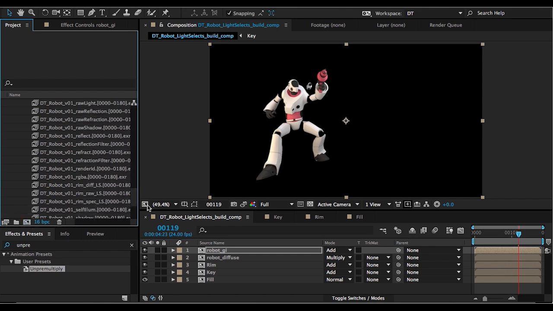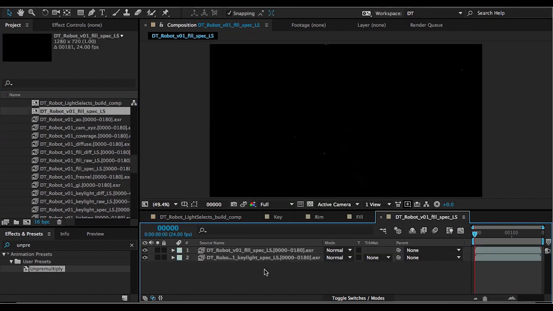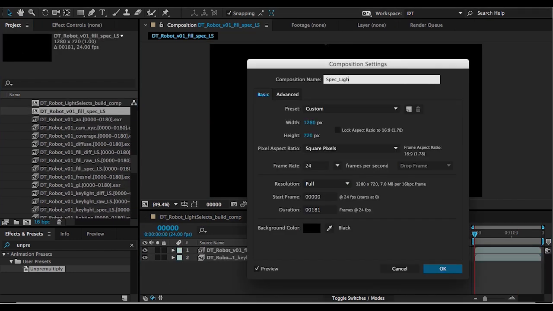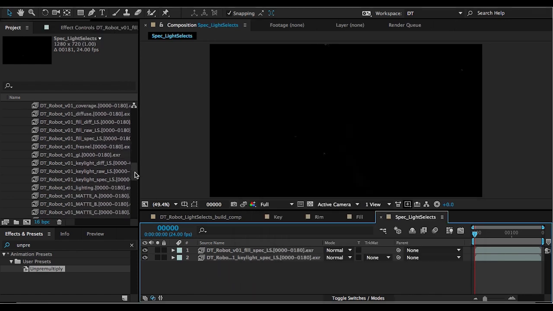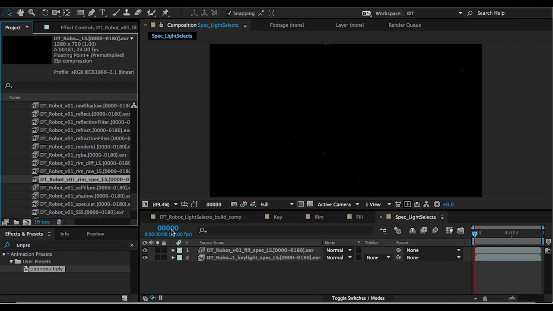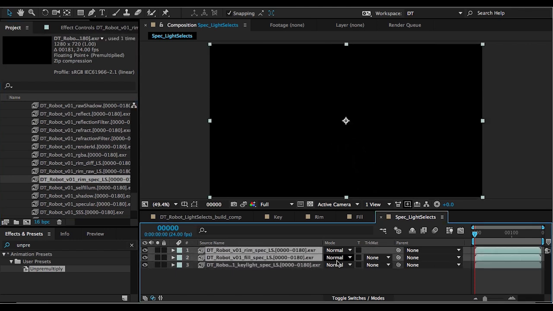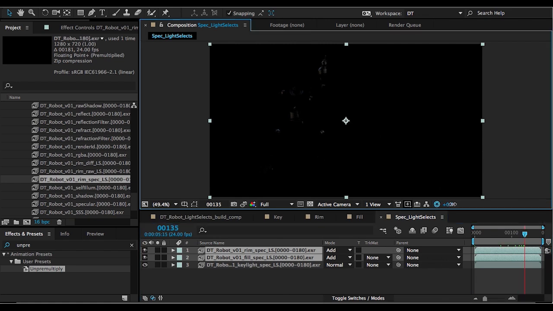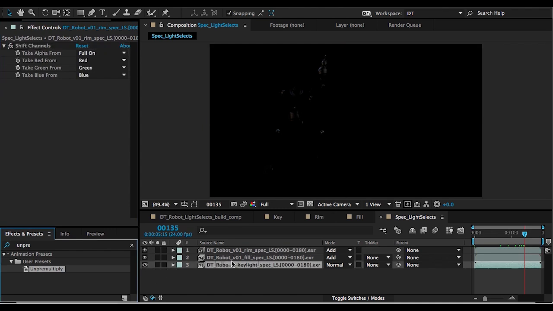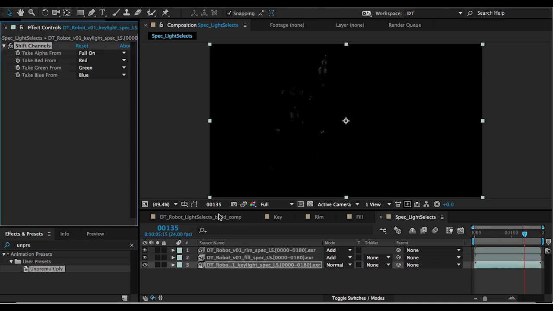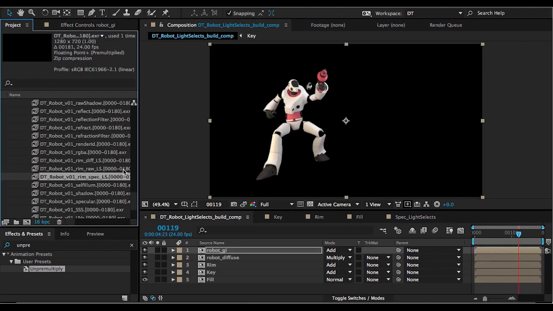Take this, make our own composition, call it spec light selects. Oh, we're missing one. Let's add the rim light, rim spec. Okay, set them to add. Let's go to a frame around here, increase the exposure, and you'll see them. Pre-multiply each one of these, and then add them